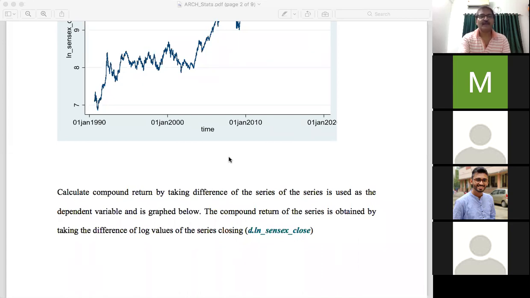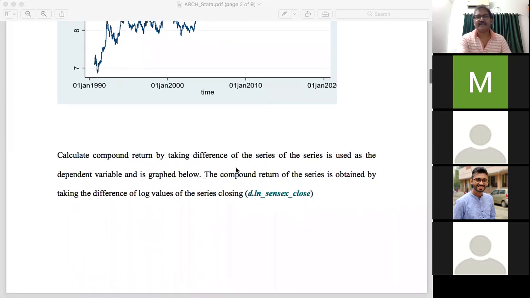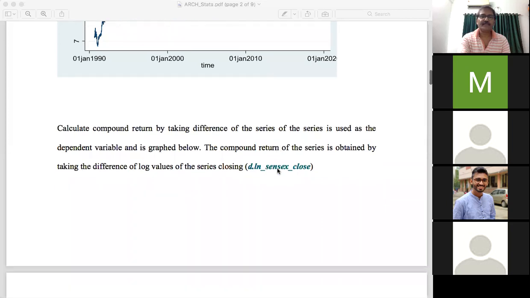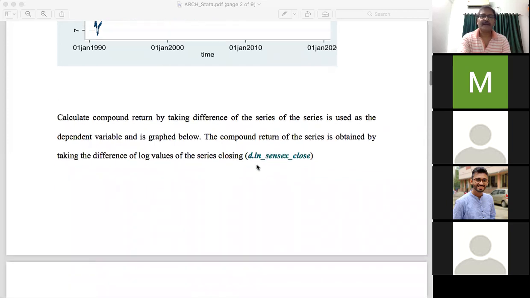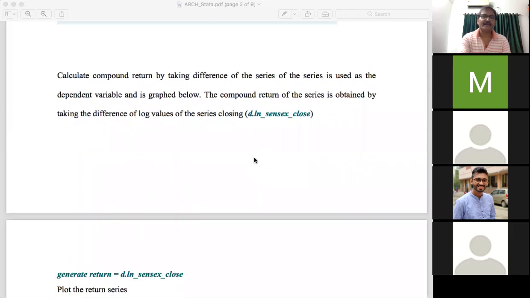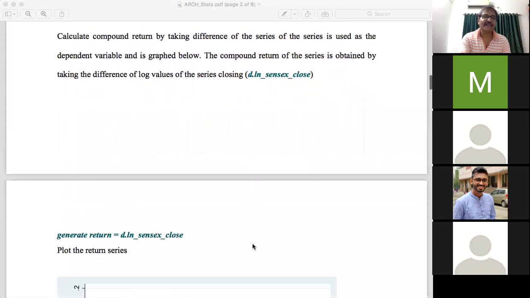But if we take the first difference of the log values, you will get the compound return. So suppose we are calculating compound return by taking the difference of the series by executing this command. You need to generate another variable: gen, and put the name of the new variable, return. How to get return?